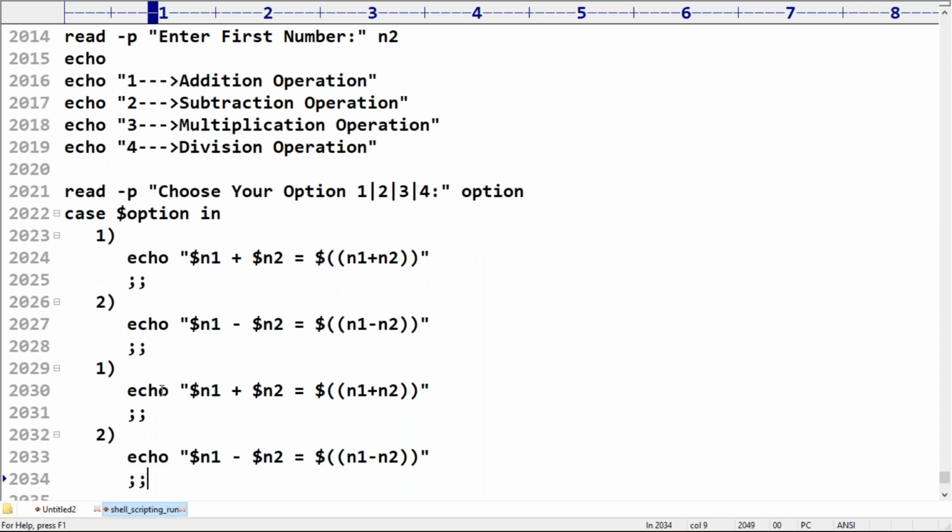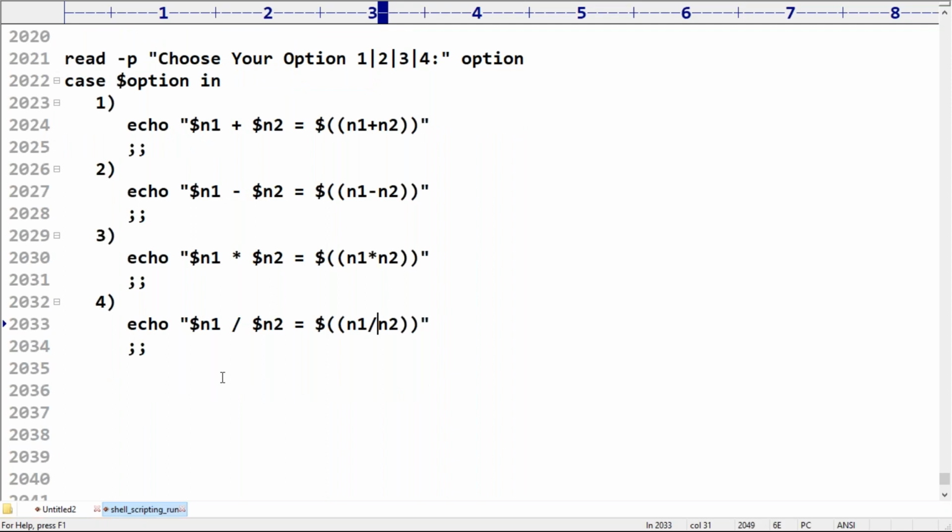If it's the third option, we have to perform multiplication operation. If it is the fourth, we have to perform division operation. That's all. Are you feeling comfortable?